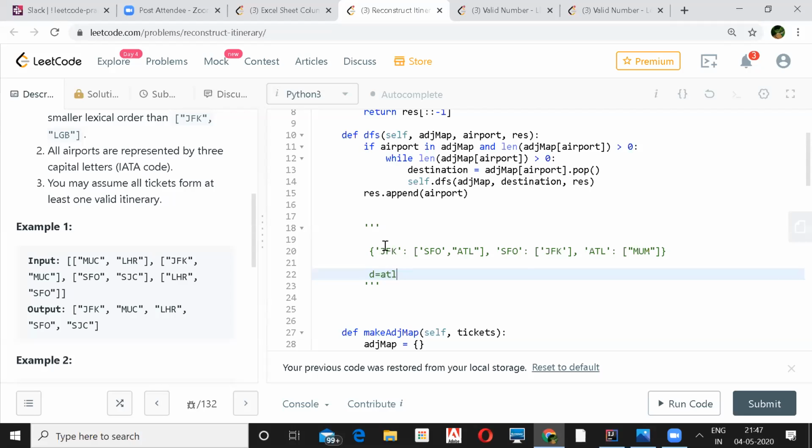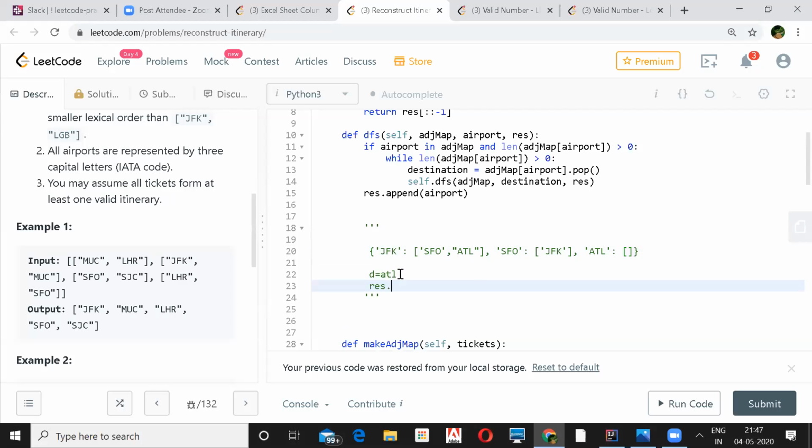Because see, I got ATL first. Now I'll go to ATL. Then ATL to Mumbai. So now your destination will be Mumbai, right? Yes, and you remove it from there, and then you check that Mumbai is not in your adjacency map anymore. Then we'll append it to result.